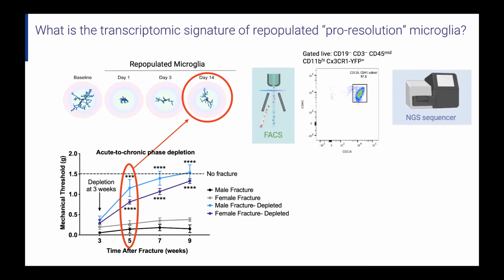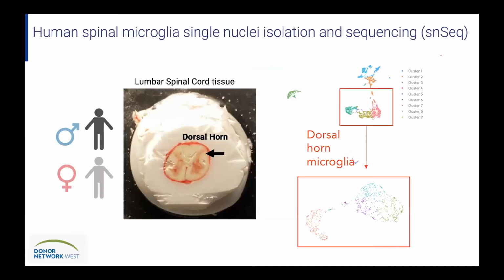But just so that I can match a little bit of what Ted was talking about earlier, the other thing that we're doing is also looking at human spinal cord microglia. And so we have a collaboration with Donor Network West, which is a local transplant organization here in Northern California. And we actually go to the operating room ourselves and harvest this tissue when there is a donor available,